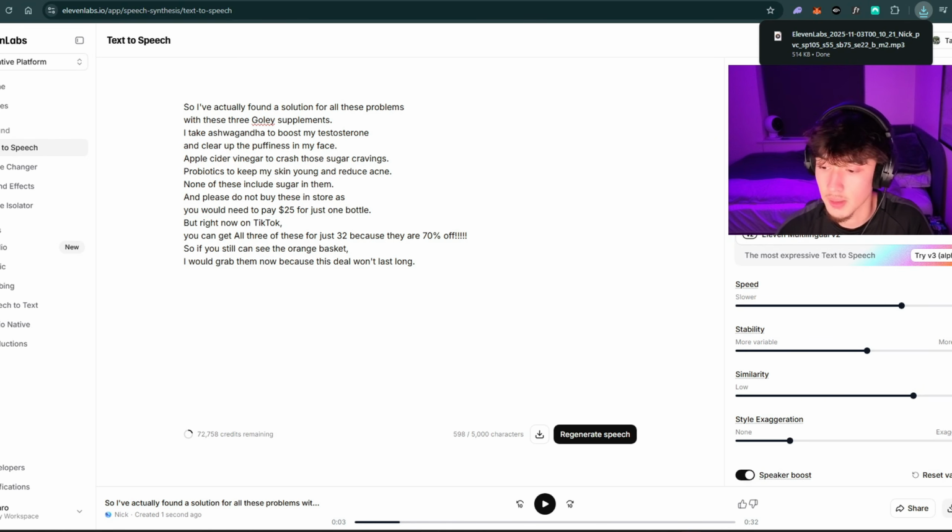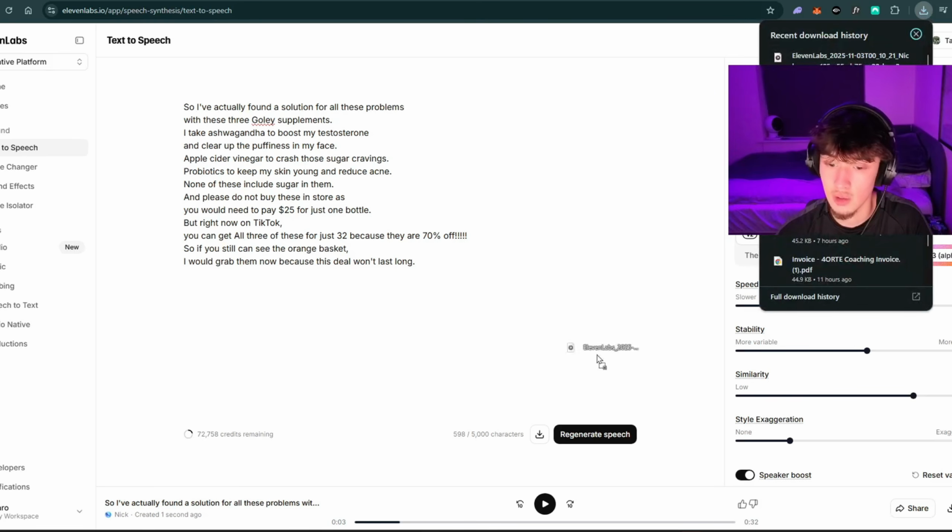And once it's generated, you'll be able to download it with this little button down here, and we can now go ahead and add this into our CapCut project. Okay, so right now I'm going to show you a live recording of how it will look to record your